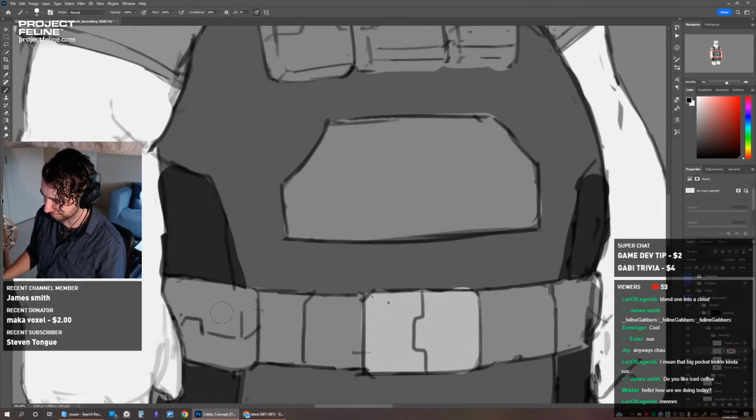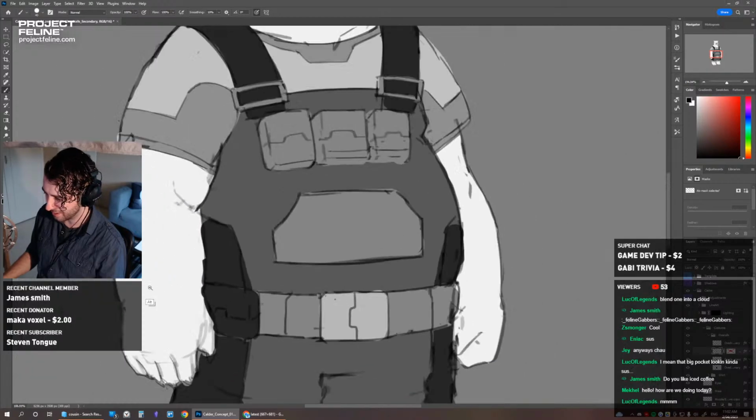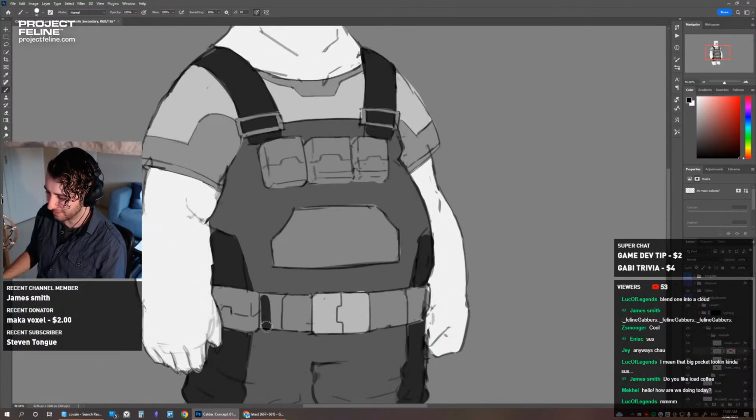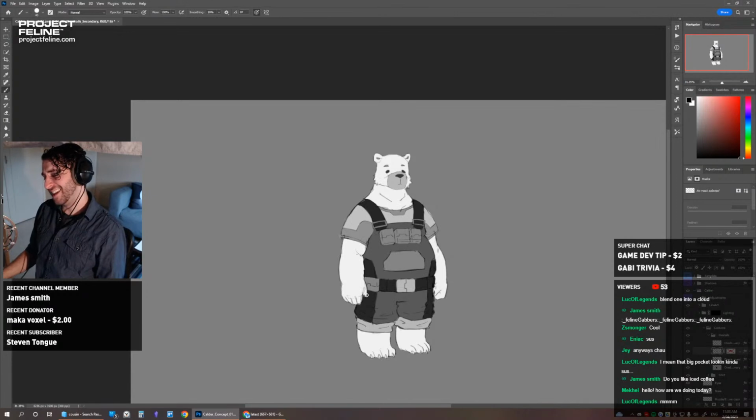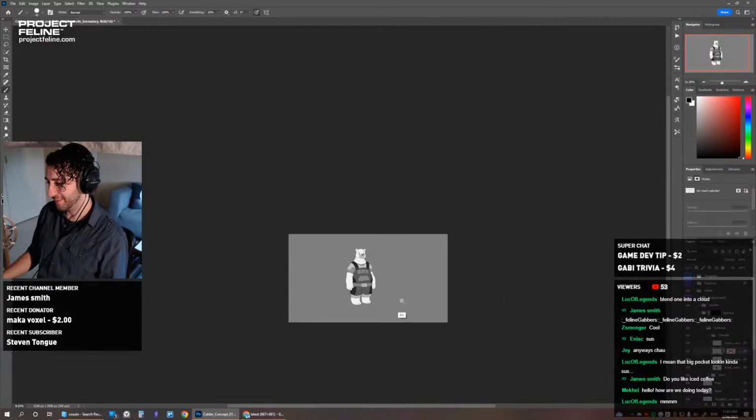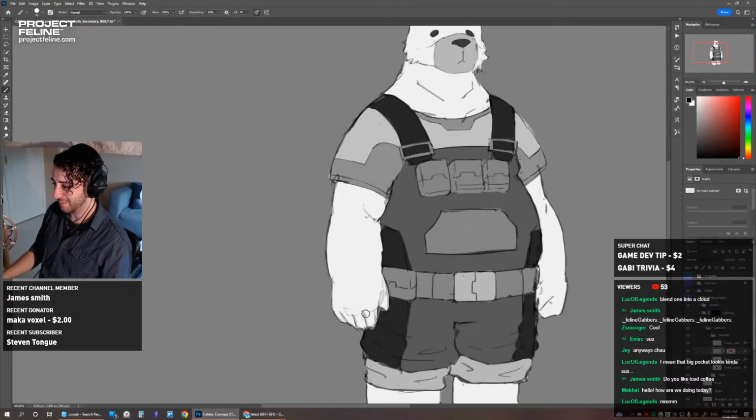I'm not sure if I should make those, because it's the same color as that part. Maybe we'll make this darker, because I want the pouches to be a different color. No, that doesn't work. It's too dark. I'm not feeling that. I don't know what to do. Maybe we'll just leave it. I feel like I have to make the pouches a color.